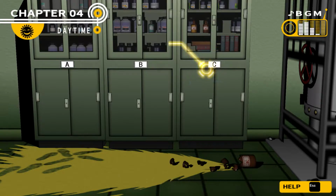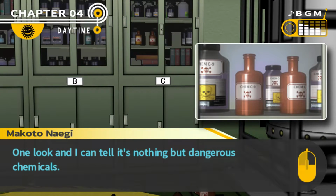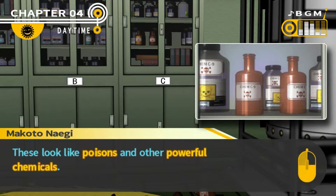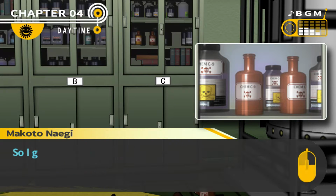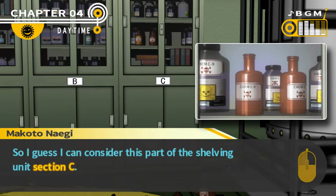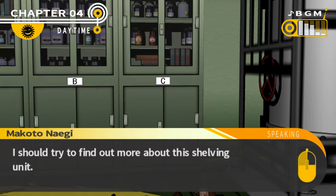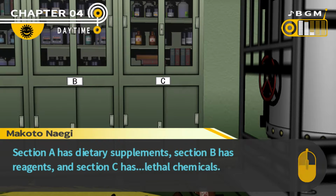What about this shelf? On this shelf, one look and I can tell it has nothing but dangerous chemicals. These look like poisons and other powerful chemicals. All the containers on this shelf are labeled with the letter C and a number. So I guess I can consider this part of the shelving unit section C. I should try to find out more about this shelving unit. It looks like it's split into 3 sections. Section A and...